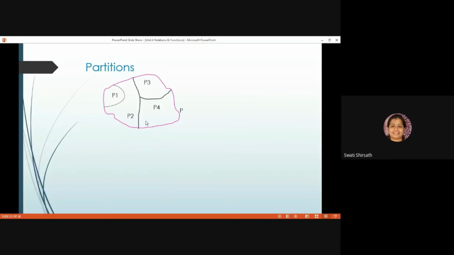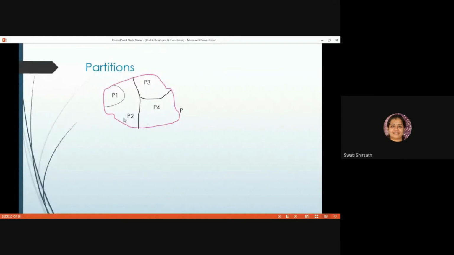Yes, ma'am. So this partition is like, consider your class, division C. And I want to divide all 60 students into different groups. So obviously all groups will have different students. Okay. No one will be repeated in any of the groups, right? Yes, ma'am. So a similar concept is applied over here.